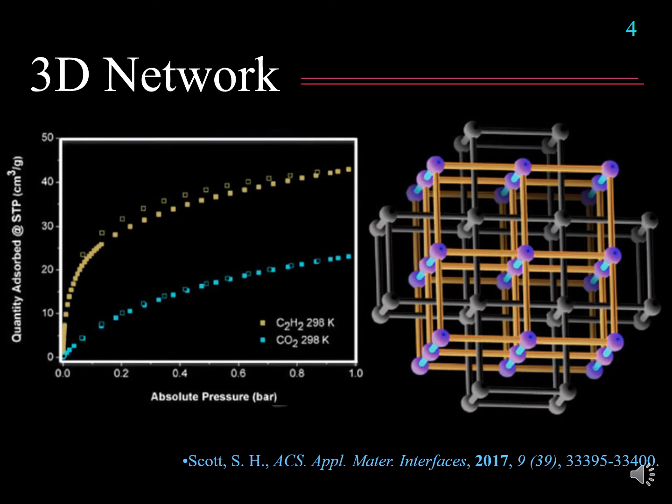So for example, this kind of molecular structure can be used as a gas absorber. As you can see here, on the x-axis is absolute pressure, and on the y-axis is the quantity absorbed. So we have two gases, acetylene and carbon dioxide. Both acetylene and carbon dioxide can be absorbed here into tiny gaps between the structures, because we